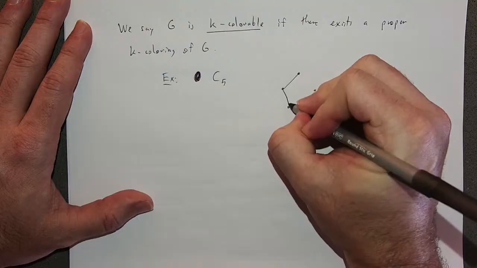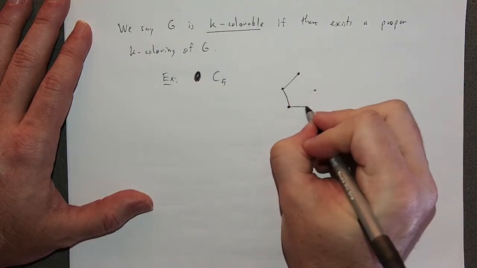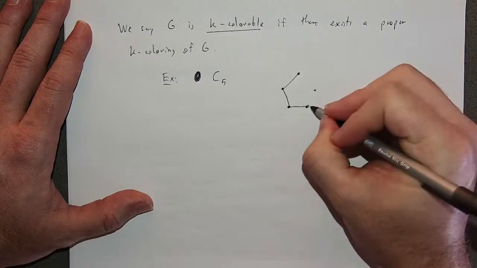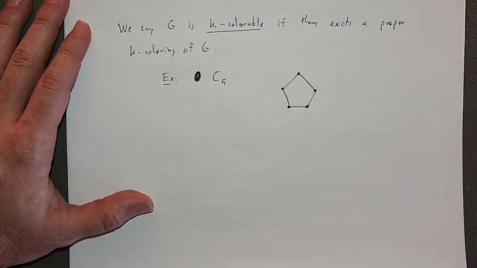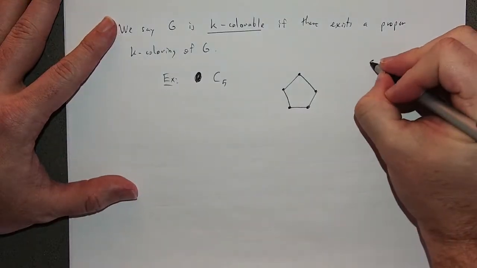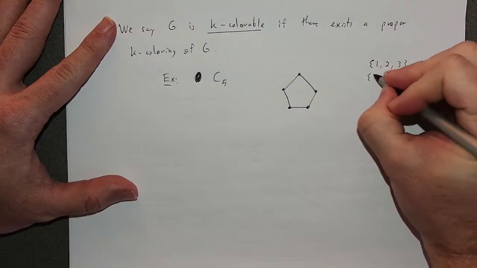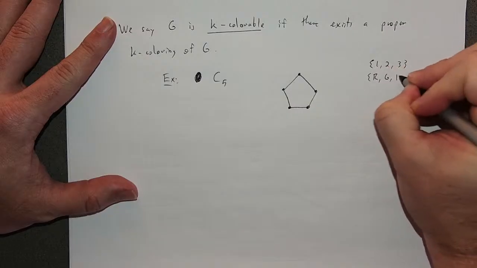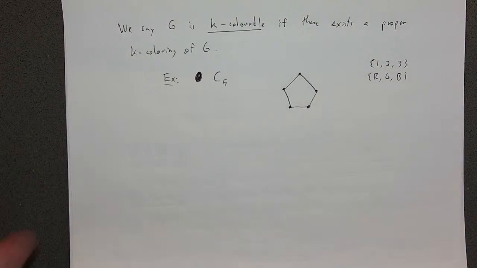So, I'm going to construct a proper 3 coloring here. You can think of me using like red, green, and blue, right? So if I think of 1, 2, and 3 as being, we'll say red, green, blue, RGB. Okay, then